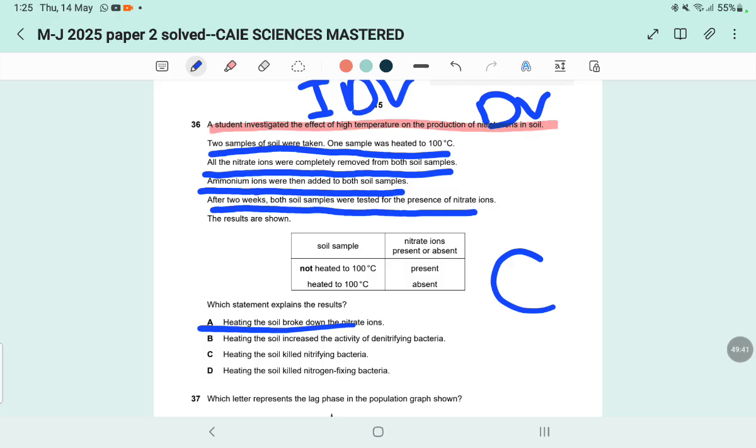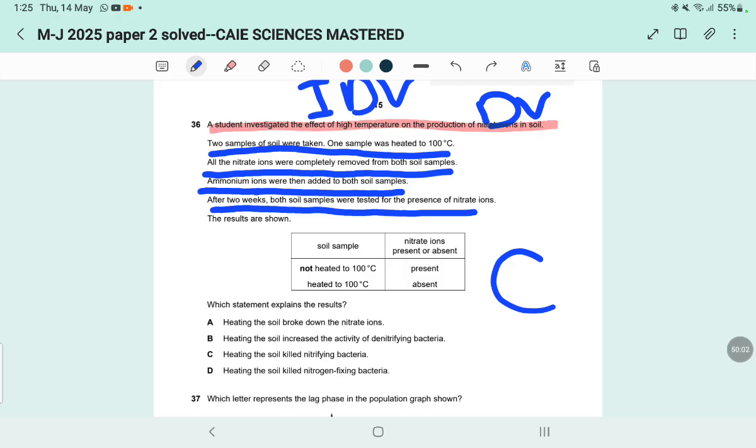Okay, so in here, it's saying nitrate ions are present or absent, which you can work out by common sense. It's saying here, when not heated to 100 degrees Celsius, nitrate ions are present, but when heated to 100 degrees Celsius, they are absent. Now, basically,